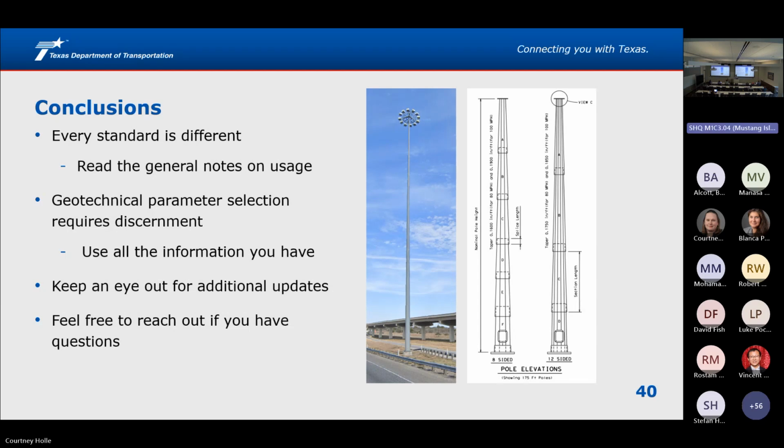The other thing I wanted to emphasize is that it's not necessarily just a plug and play thing. I can't just look at the boring and say, at my predicted depth, the TCP tells me this. It requires a little bit of discernment, based on how far the boring is away, as we mentioned, and how uniform things are at the site. It's good to do a little bit of an investigation on your own there and use all the information you have at your disposal to make the best decision, because we don't want issues with these sorts of things down the road.